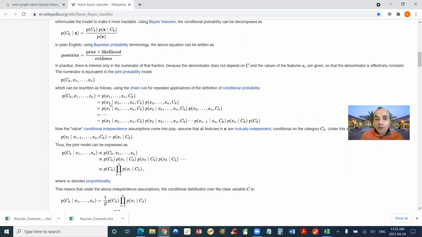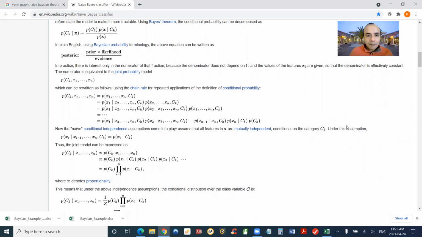Remember, when you have multiple events, how do you handle that? Go back to the Venn diagram when you had A, B, and C at the same time. That was the tree. You could potentially have 10. Right now, we have X1 to Xn, okay? So that's what we have. Now I'm going to extract X1. So X1 is going to come out. It's going to be X2 and CK as my